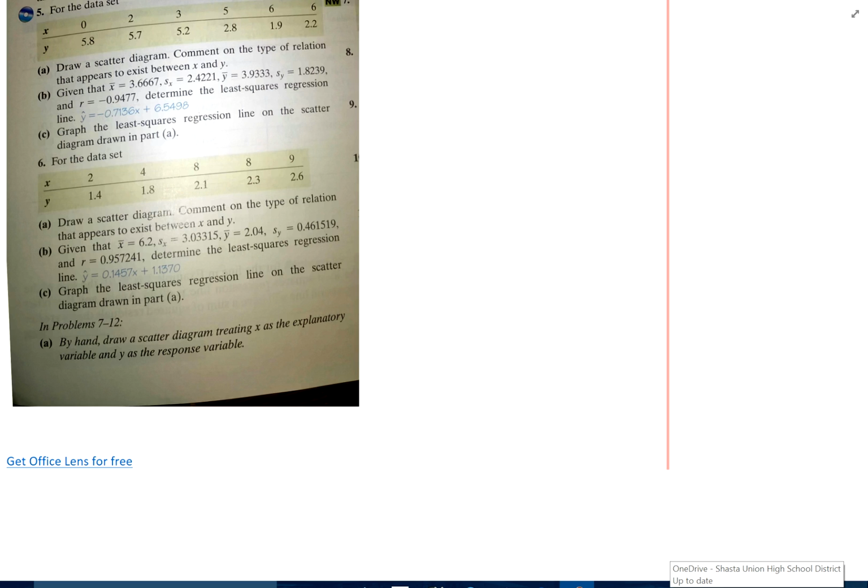Alright, here we go on 4.2, number 6. For the data set shown right here, we want to draw a scatter diagram, and they give us information about x and y, and we want to determine the least squares regression line, and then we want to draw it on the scatter plot. So let's go ahead and draw our